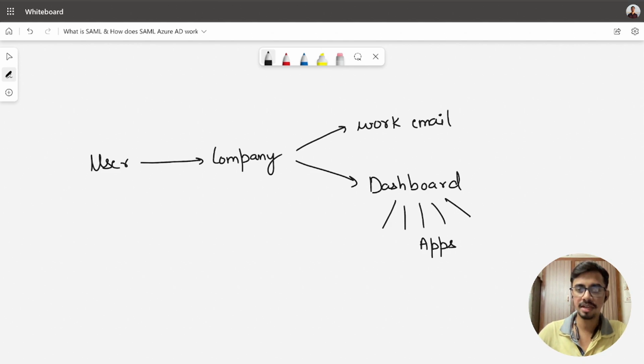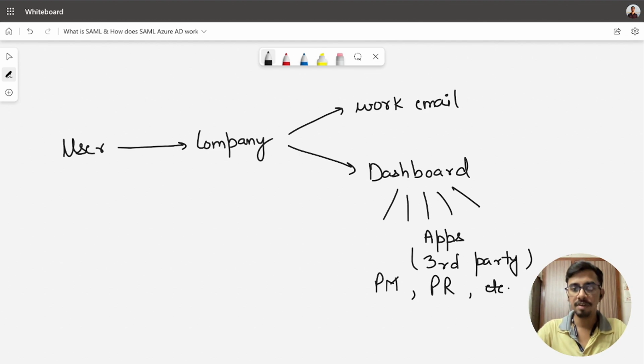Now let us suppose that all these apps are third-party apps. Let's say they are some project management apps or payroll apps or HR, etc. Right? So being a third-party app, obviously all these apps will require some kind of authentication for the user to get into these apps.